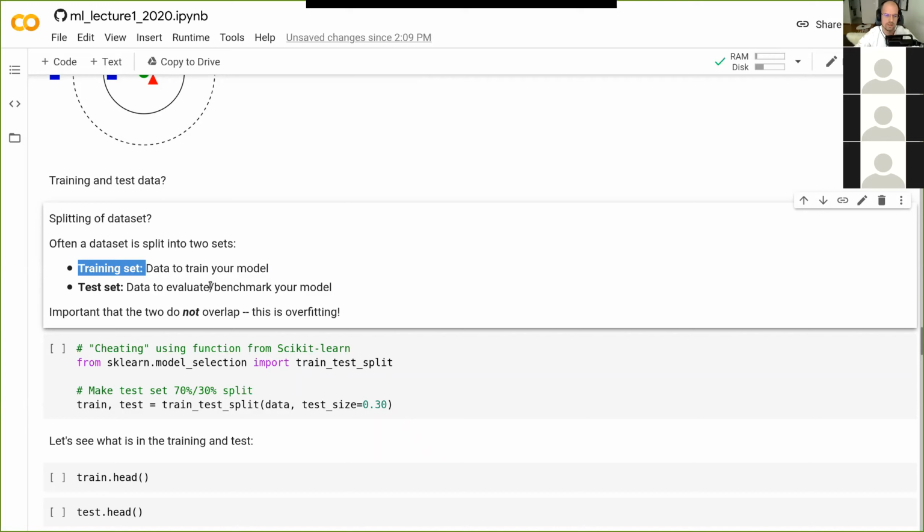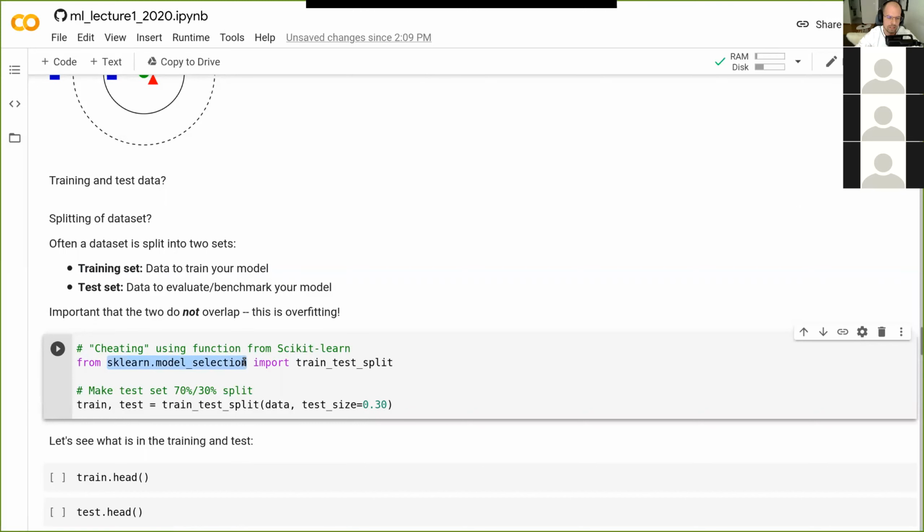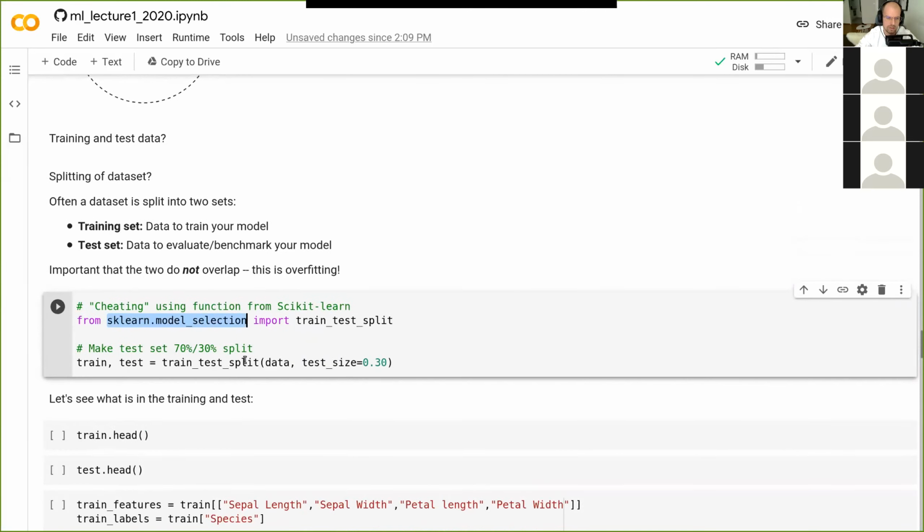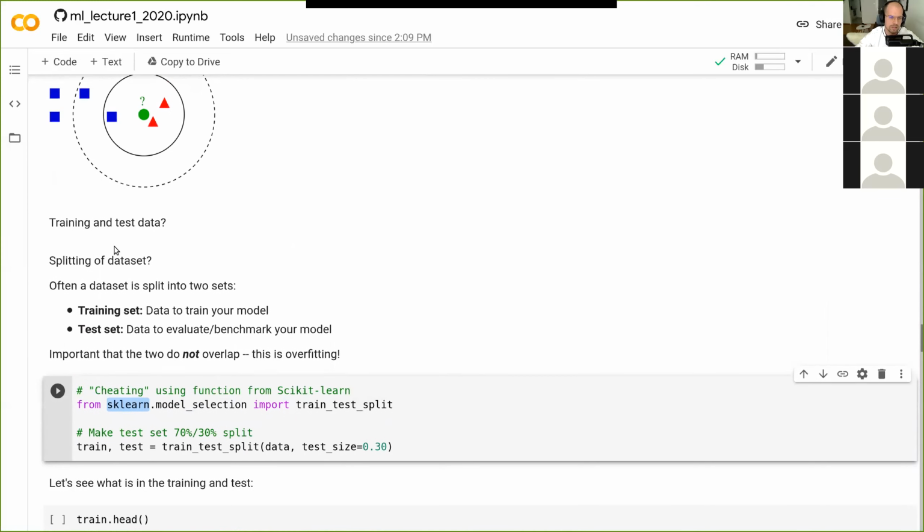So one way to do this, for this we're going to use something called scikit-learn, and I'm going to go back to scikit-learn a bit more. Scikit-learn is one of the official Python frameworks for machine learning. So I think in every one of my lectures I will use scikit-learn, and also it will be in all the exercises. So you're not going to have to know every piece of scikit-learn functionality, but I will guide you through it, and also I will give hints to what to use when and where. But yeah, let's start with splitting our data.